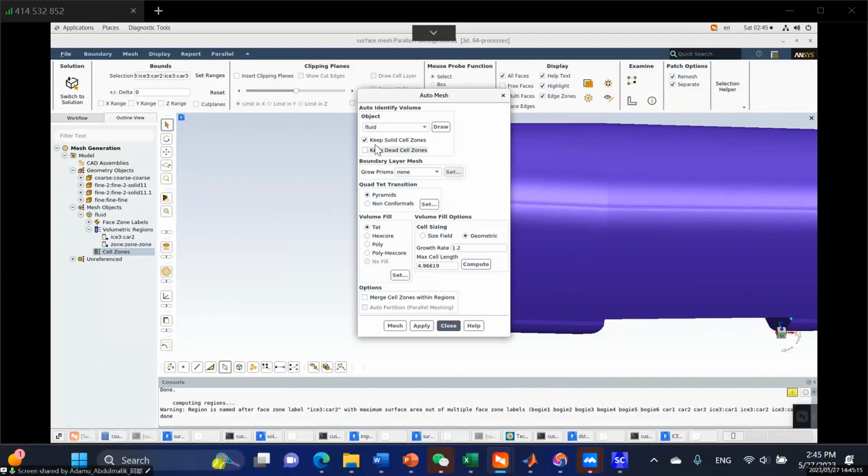I don't want to keep any solid cells, so I'm going to remove this option. Okay, so objects, the name that I already gave it is fluid. So fluid. So boundary layer mesh. The boundary layer is very, very important, most especially in solving the fluid close to the train surface,